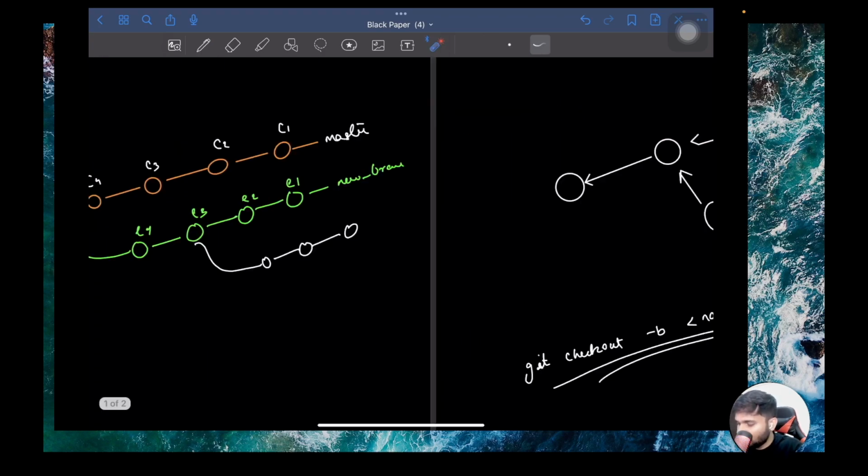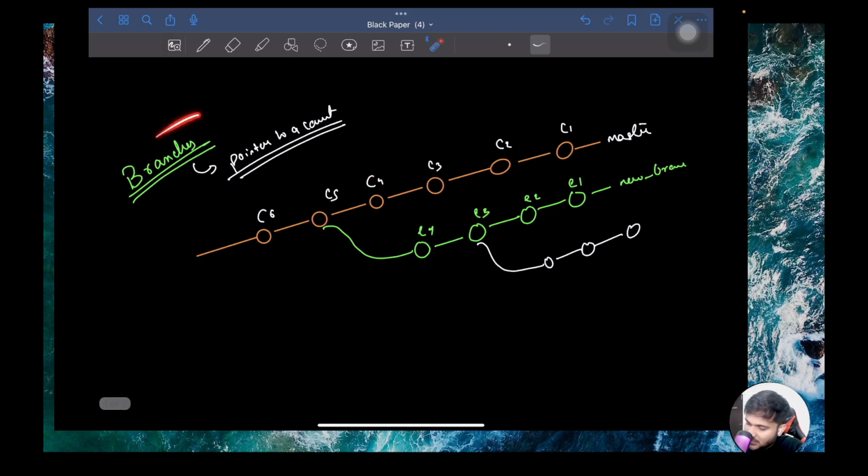But one thing that you need to always keep in mind when you consider the concept is that a branch is not a parallel timeline, or a complete set of commits that makes a branch. Branch is just a single pointer to a commit. So you can move that pointer here and there, and you will be able to move the branch here and there.